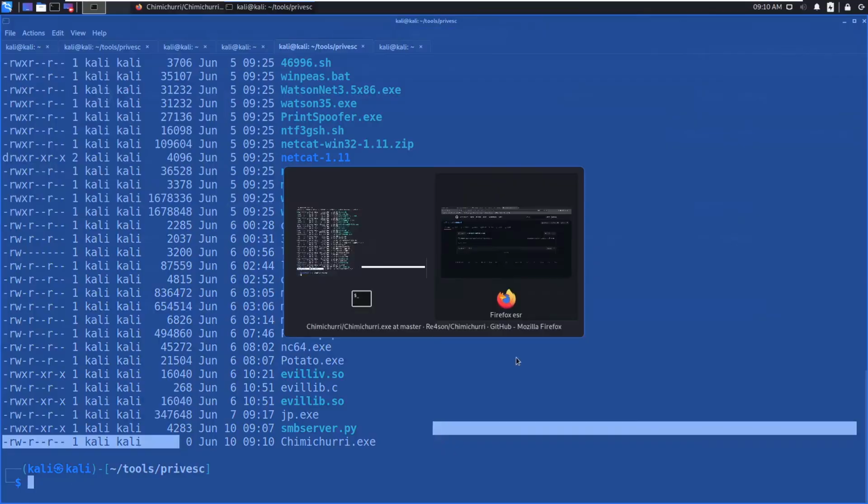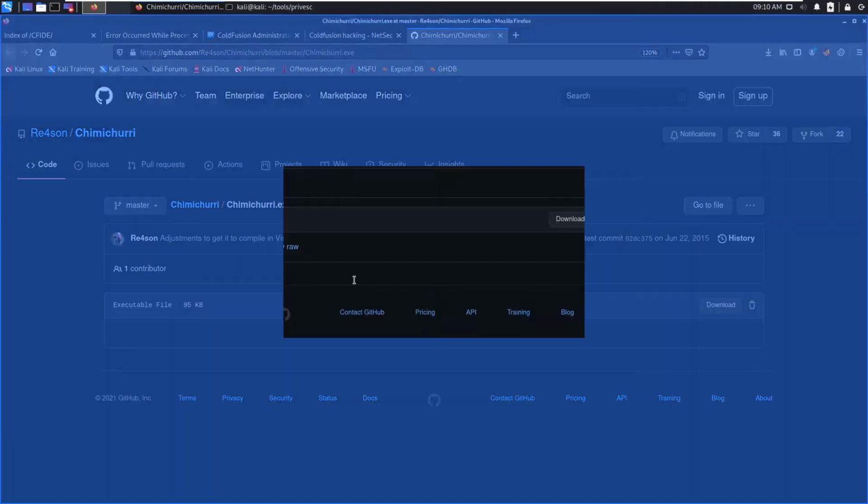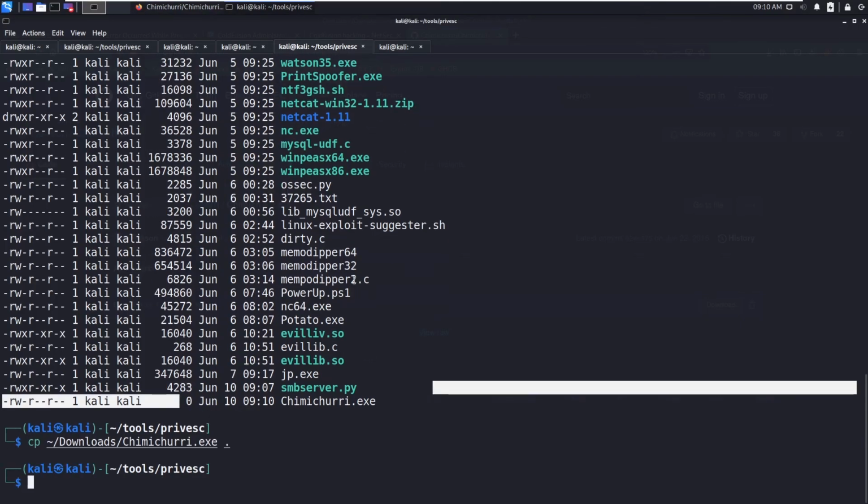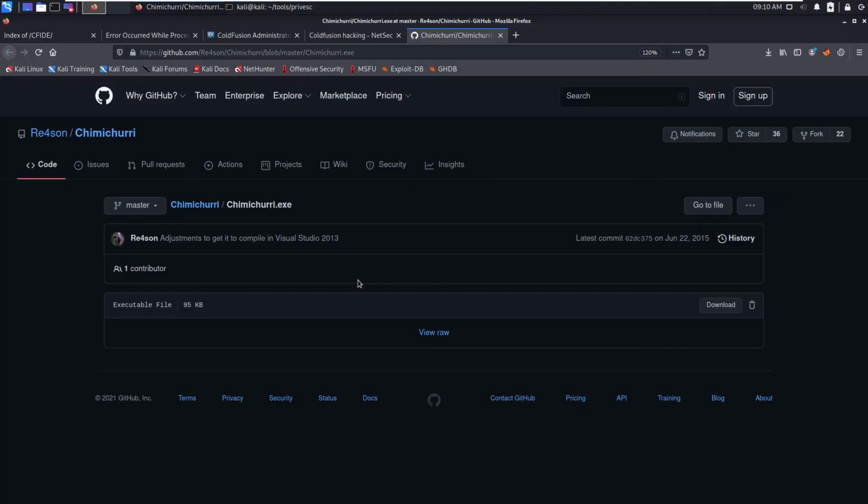Oh, it's zero bytes. Why is it showing 0 bytes?